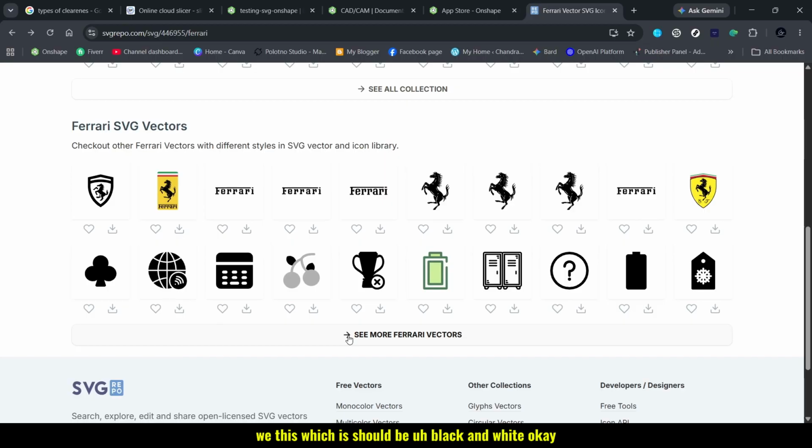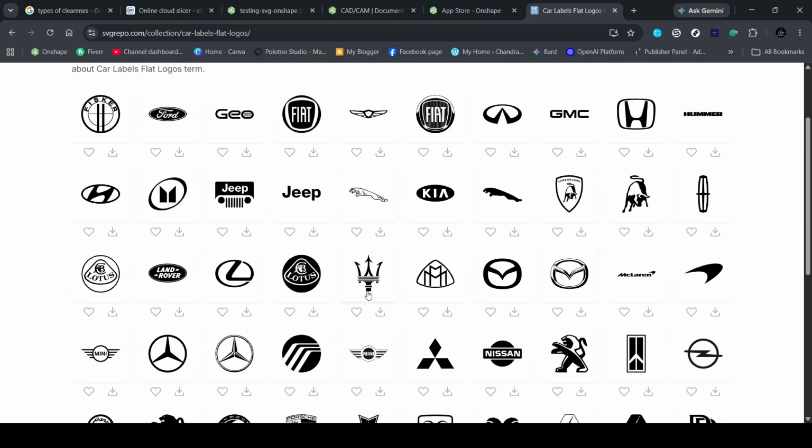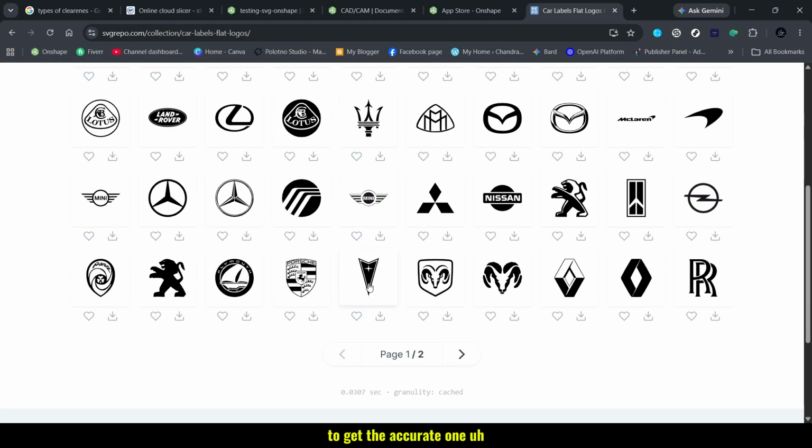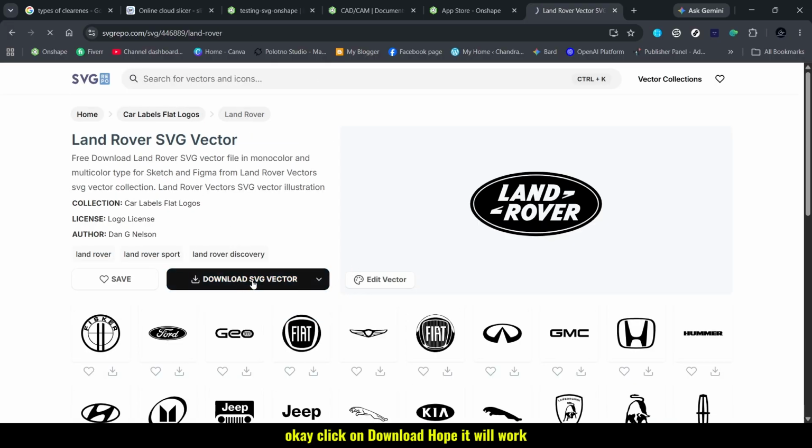The SVG should be black and white to get an accurate result. Let's choose Land Rover. Click on download. Hope it will work. Yes, it is working. So this is the Land Rover